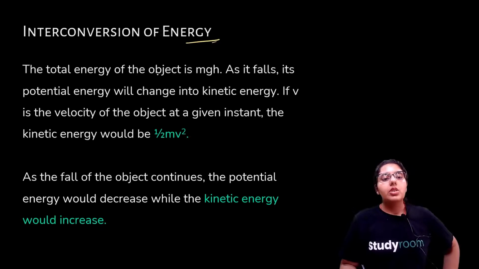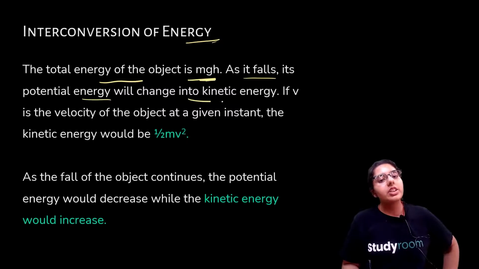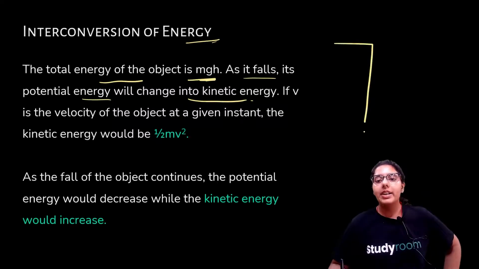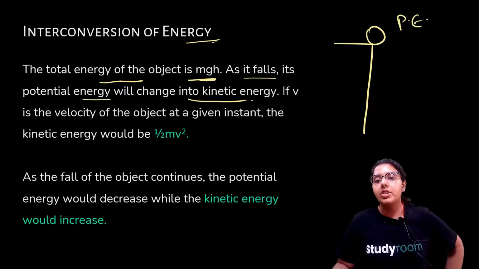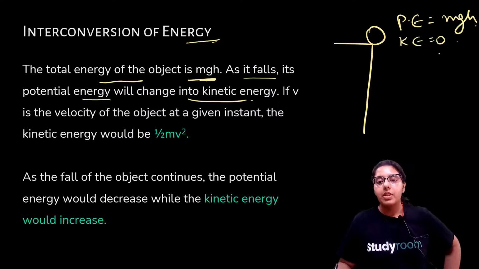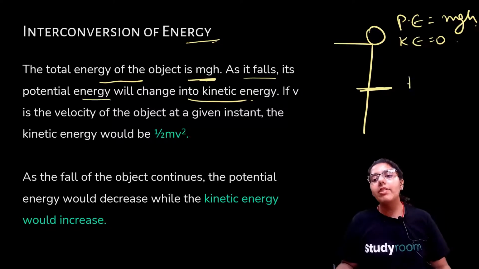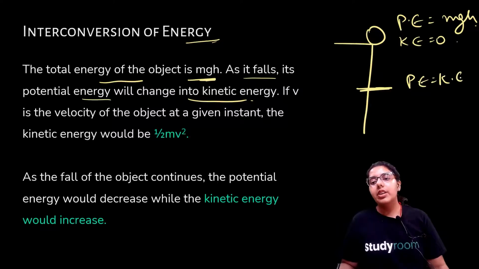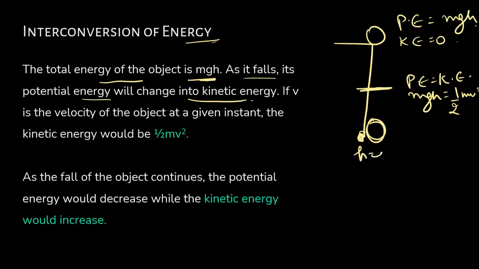Interconversion of energy. So the total energy of the object is mgh. As it falls, its potential energy will change to kinetic energy, as I told you, right? Here potential energy is mgh and your kinetic energy is 0. Somewhere in between, you have equal potential energy and kinetic energy, right? Your mgh will be equal to half mv square. And at the bottommost point, you will have no height. Your height is 0, so your potential energy will become 0 and your kinetic energy will be maximum, half mv